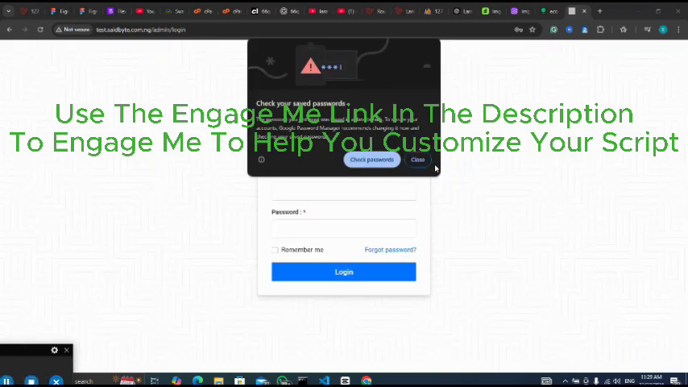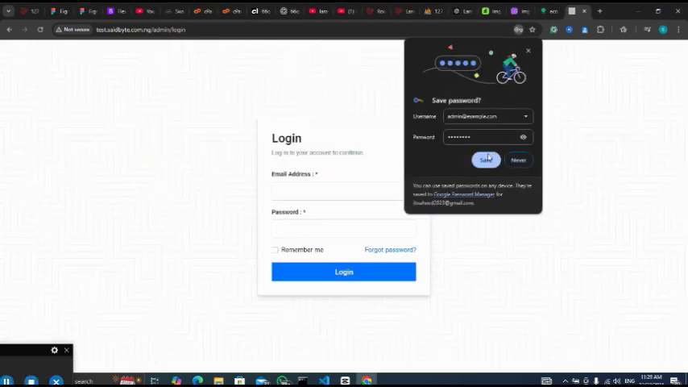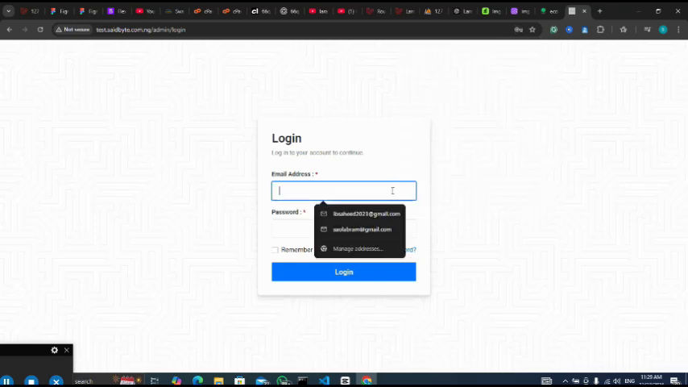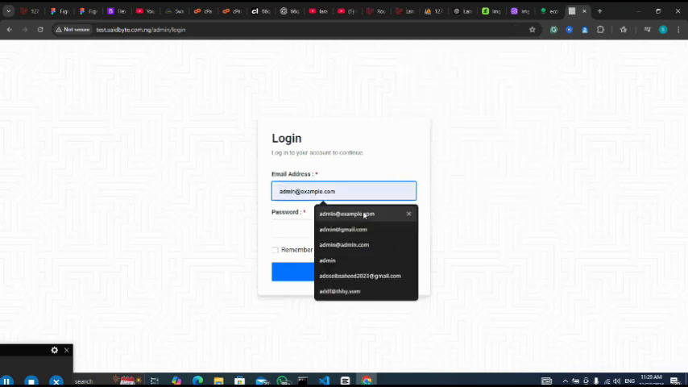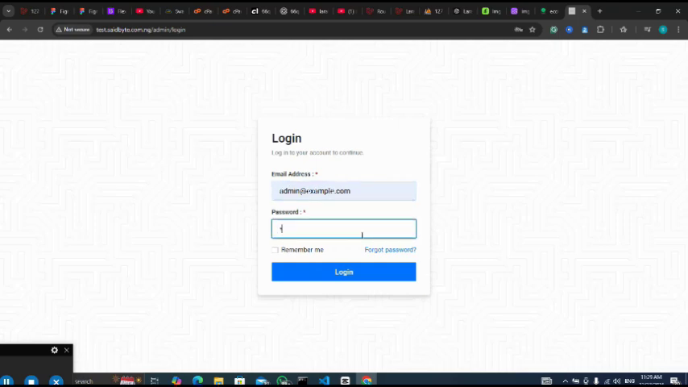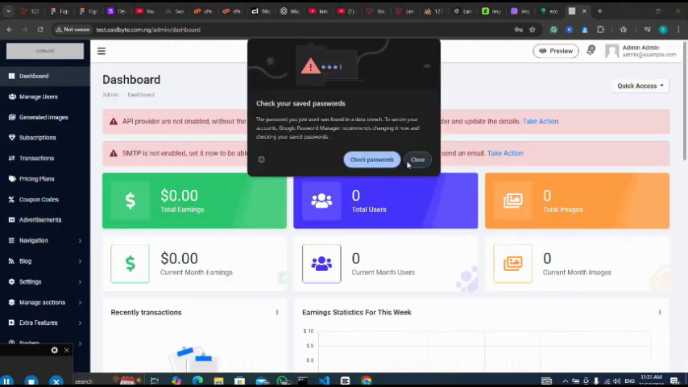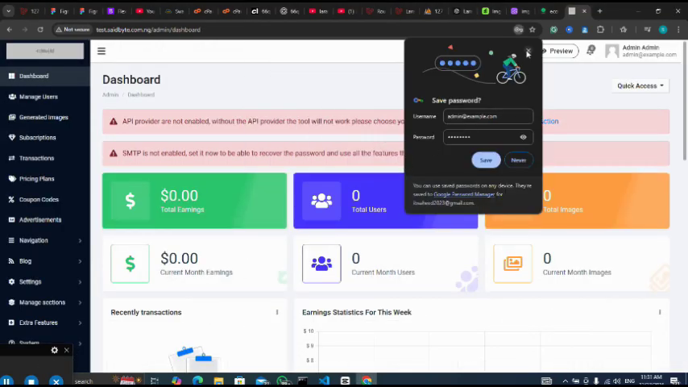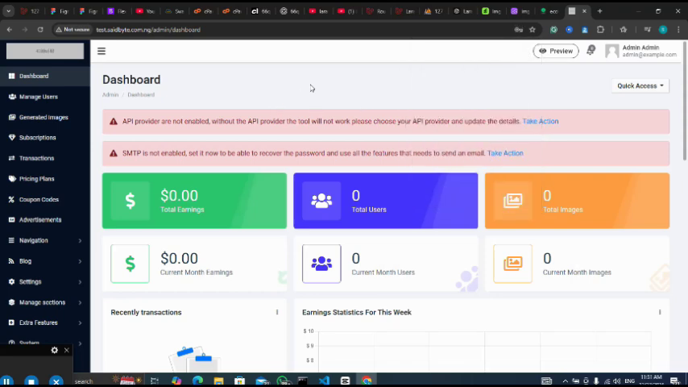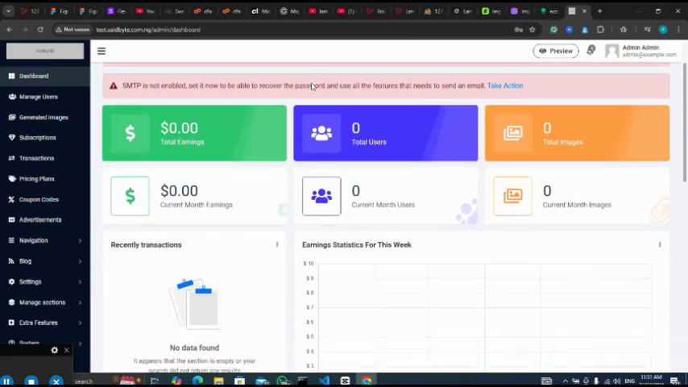So I can now close this, then log in. admin@example.com. And I click on login. I have successfully installed my script. This is my dashboard. As you can see,